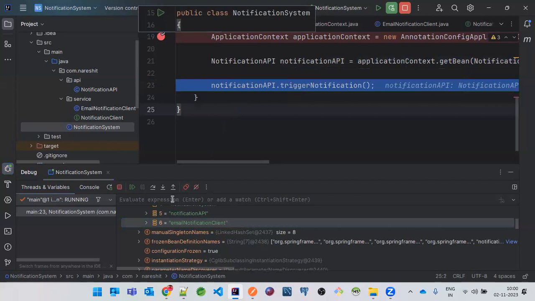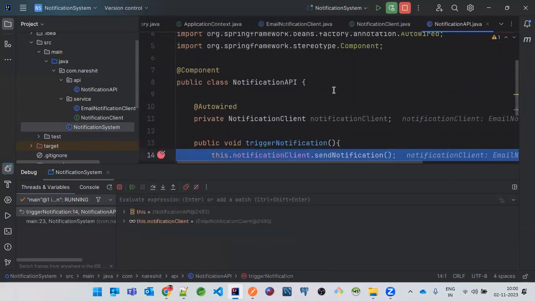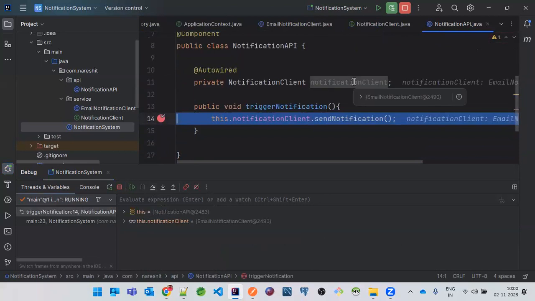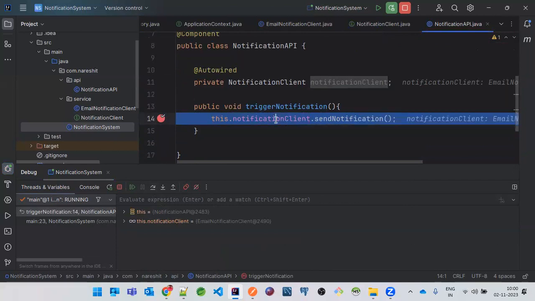Now, with that address, I just wanted to call this trigger notification. If you see that the notification client is already there as part of the email notification client, that means this object is already created before starting the application. So the notification client itself has the email notification client as an object, because of that we have